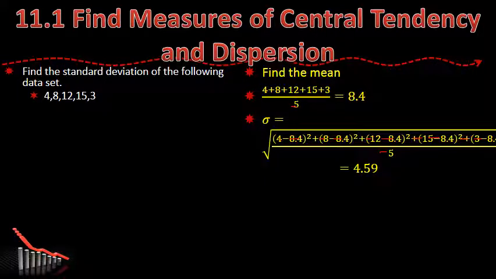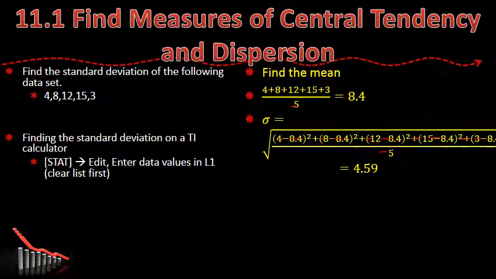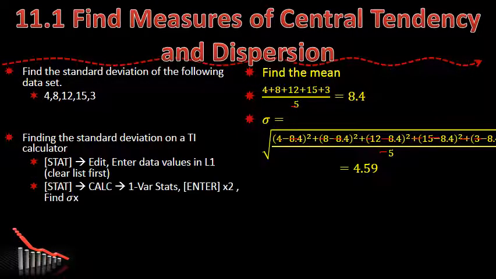Now, as you can see, if we have a large data set, that could take a long time. So there's a shortcut on your calculator. If you have a TI calculator, a graphing calculator, you'd hit Stat, Edit, enter your data values into list 1. Clear your list first if you need to. Then you hit Stat, Calc, one variable stats. You'll probably have to hit enter a couple times and then go down until you see the sigma x, the